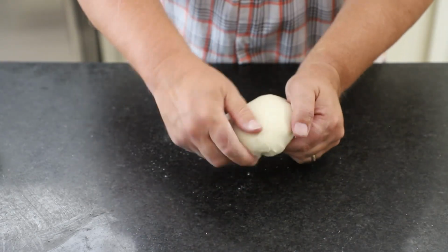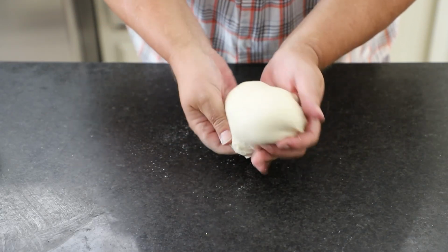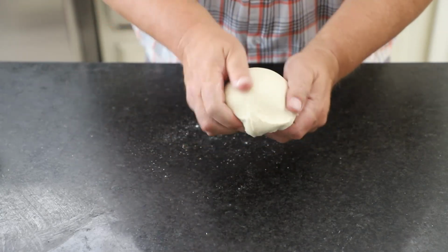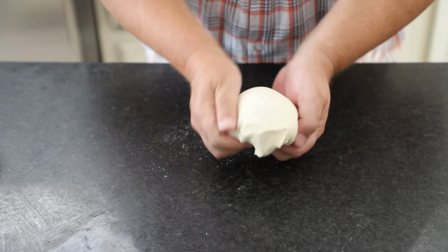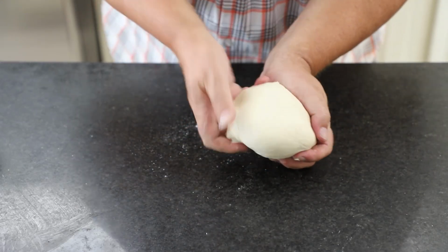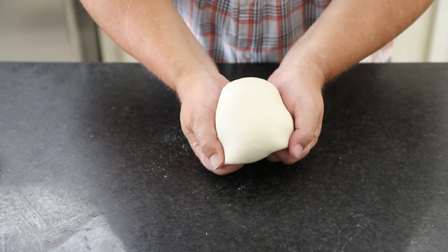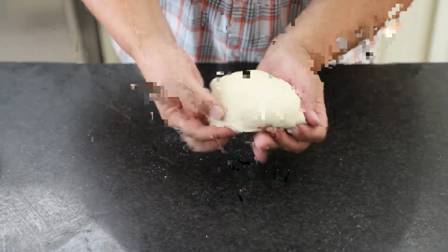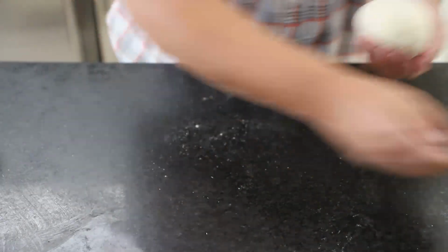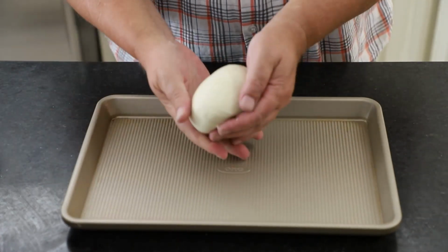So you take your dough ball and you're just going to tuck it in. You want to tuck it in a few times. This is where you kind of stretch the dough so that it gets super smooth. And don't overstretch it, you don't want to break it. You just want to stretch it, and you keep putting it underneath. Make sure it's completely closed, and then you're going to put that dough onto a sheet pan, all nice and smooth,